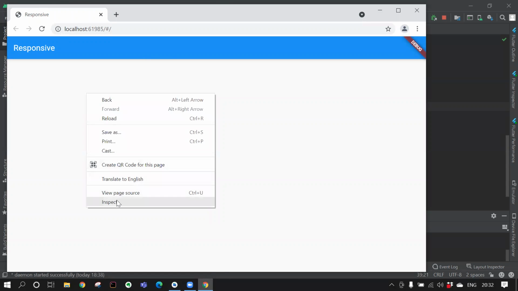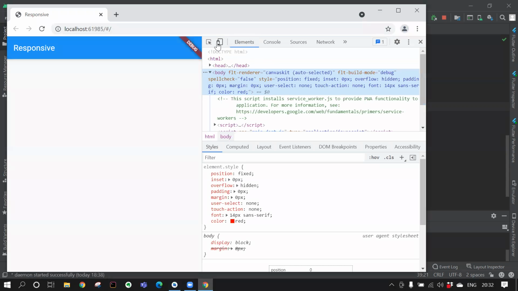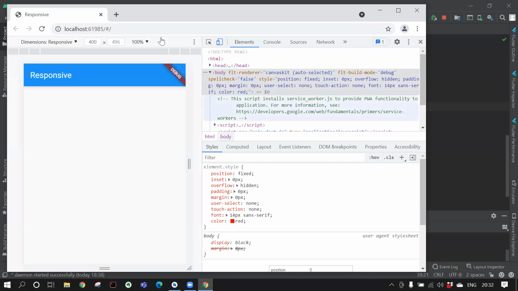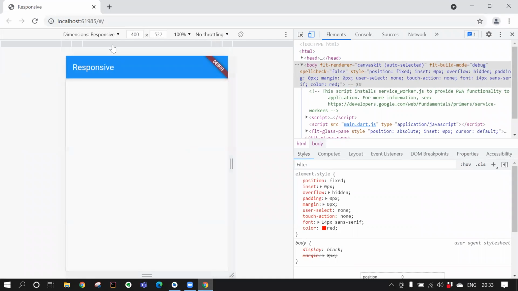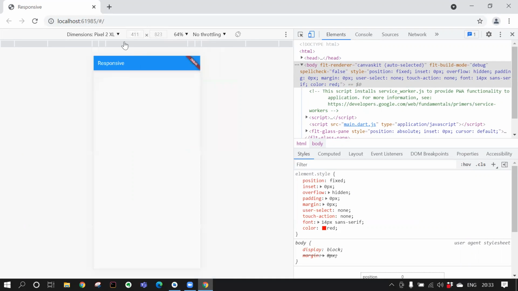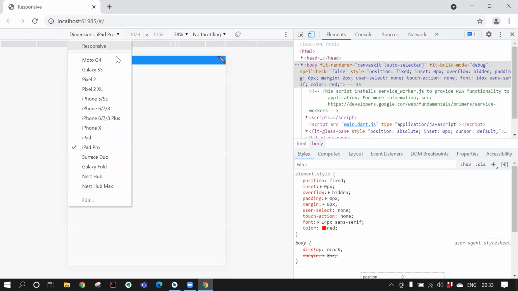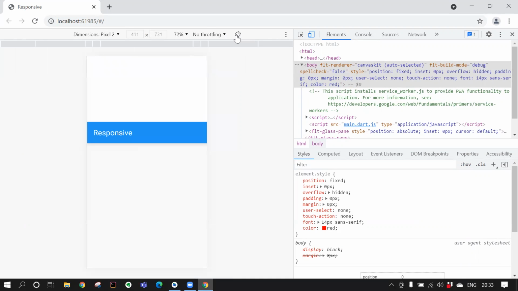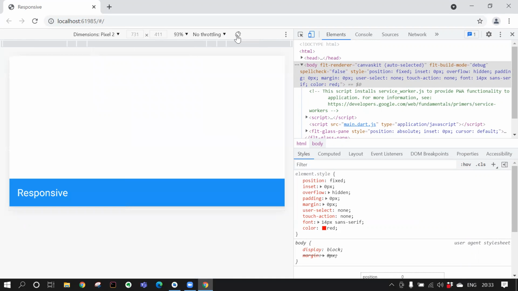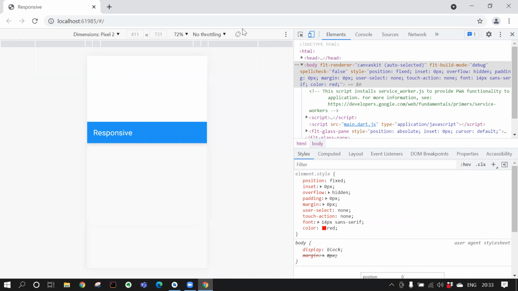As you can see on the screen, if I inspect it and click on the toggle device toolbar, I can change the emulators at once so that I can check the responsivity of the given app on various devices. I can also put the landscape and the portrait mode by clicking at this button.